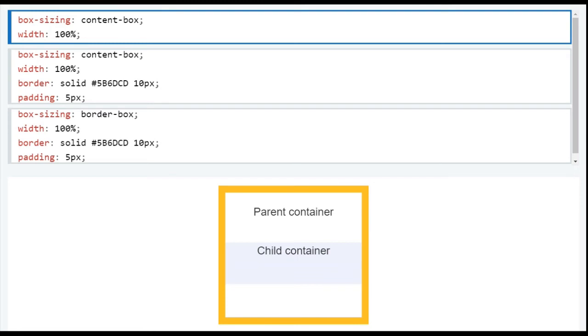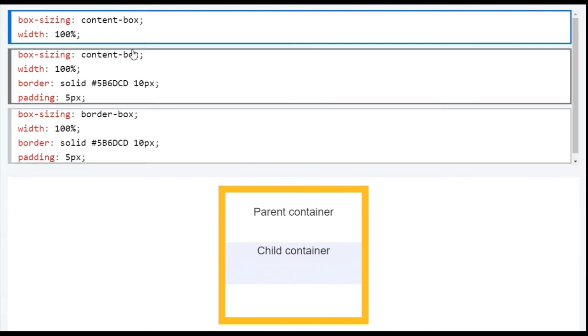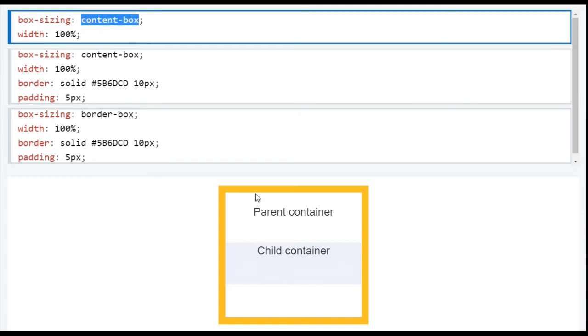We have an example. Here we have one parent element with a yellow border and the child element is here. For the child element we have given box sizing. First we will see how the content box property works. We have given box sizing content box for the child element and a default width of 100% for this element.